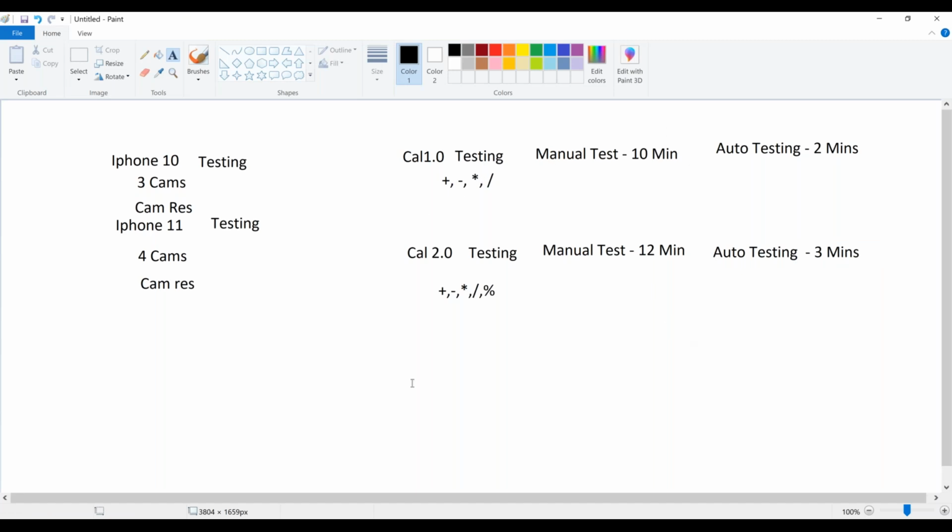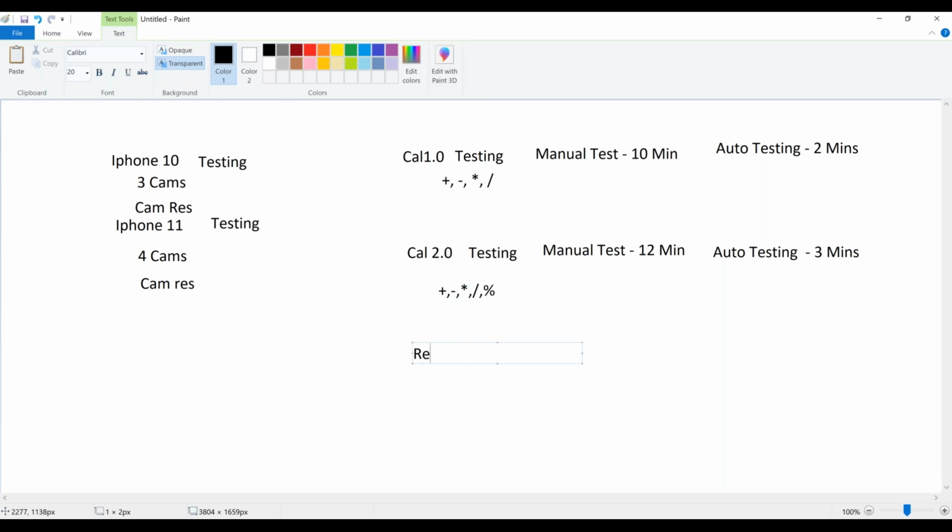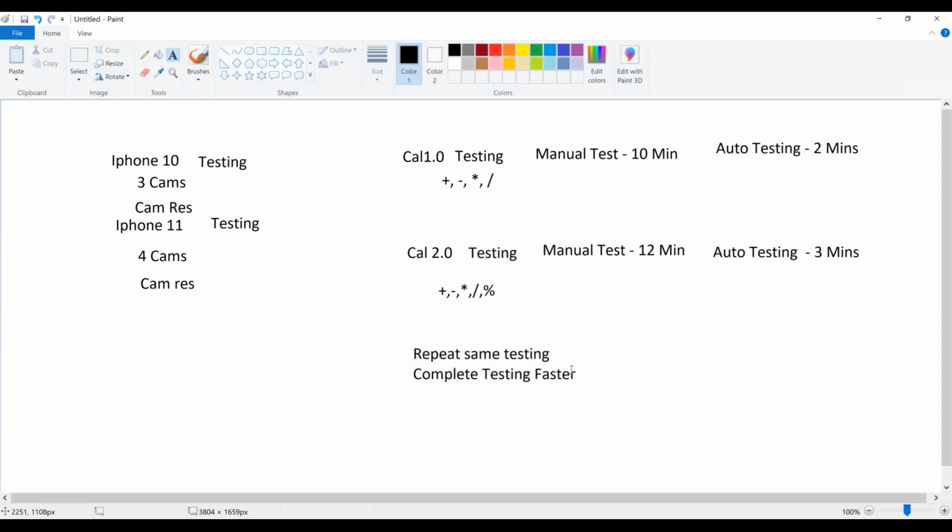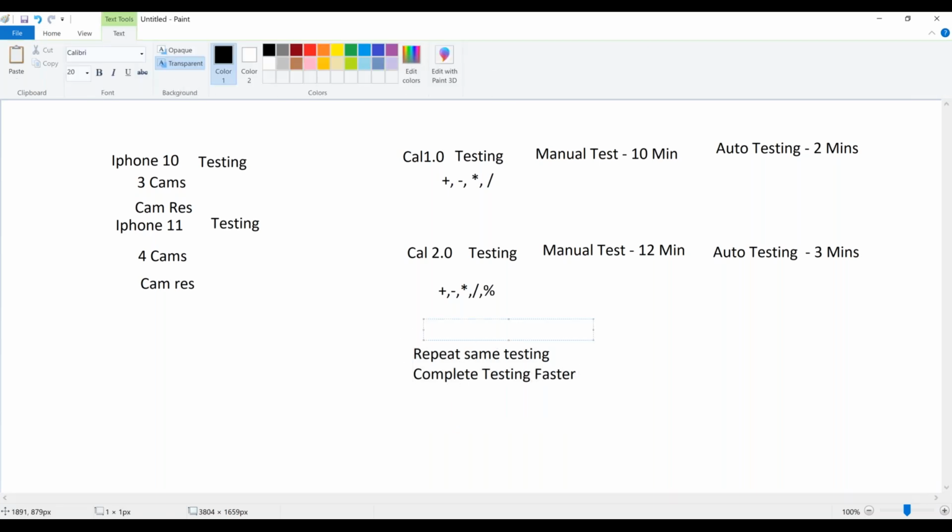When you have to repeat the same testing again and again, okay, this is one thing. Complete testing faster. Okay, complete testing faster. You go with automation testing.